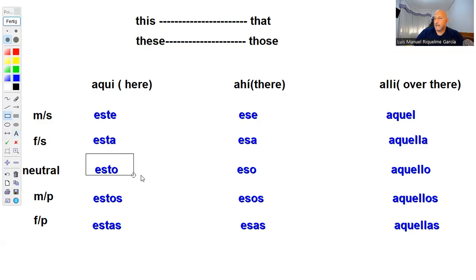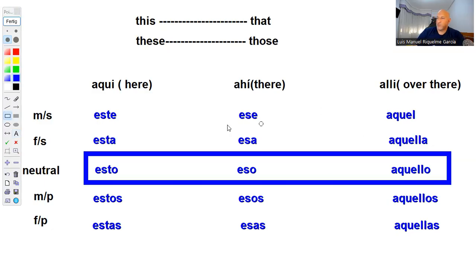These 3 words are a little bit special because the rest of the words are normally followed by a noun. You say, for example, with este, you say este coche. Or with esta, you say esta mañana, this morning. But esto, eso, and aquello will never be followed by any nouns. And why do we have them? Well, we use them when we don't know the gender of a noun or an object, or when we don't